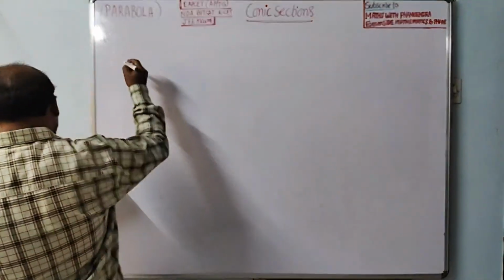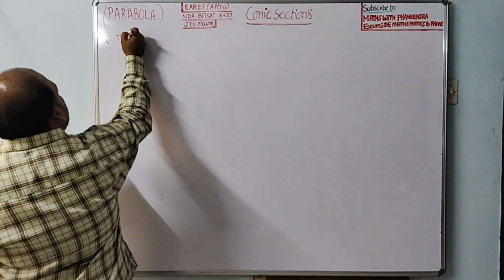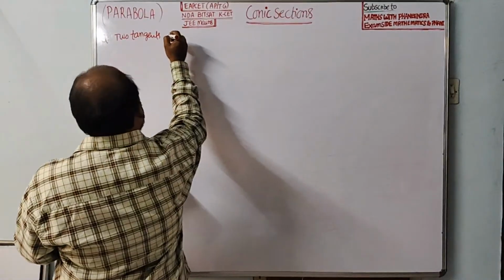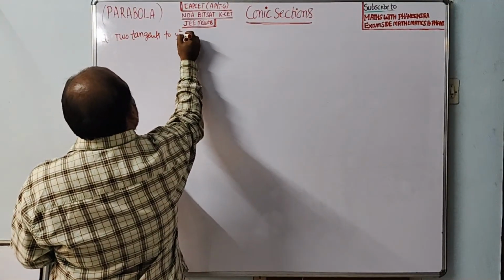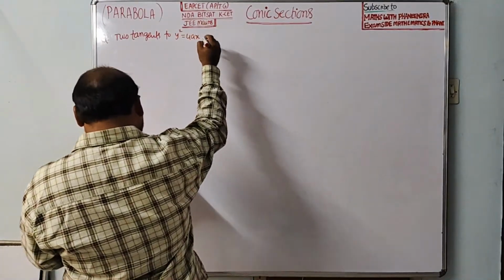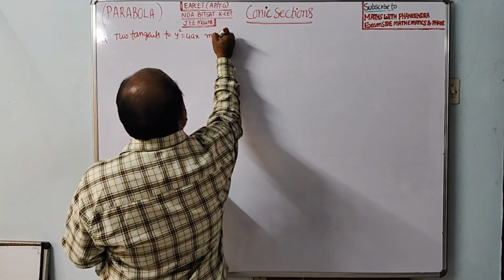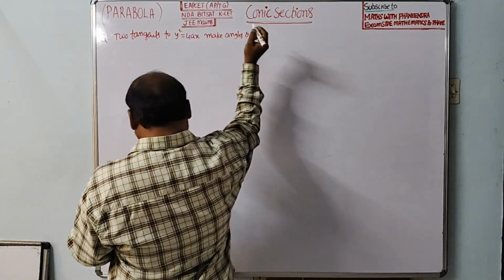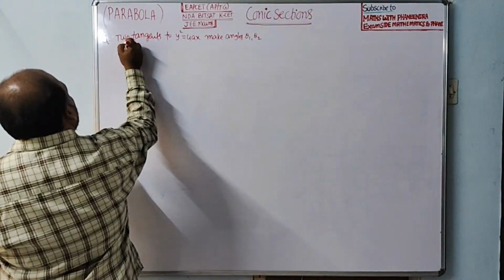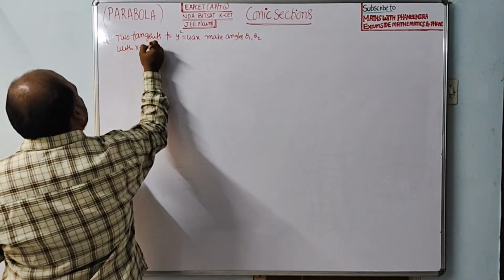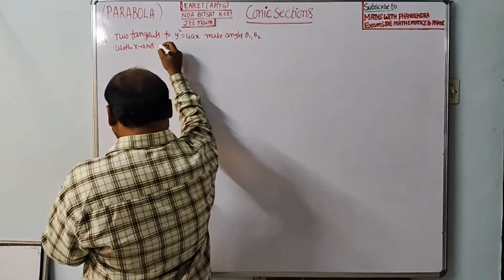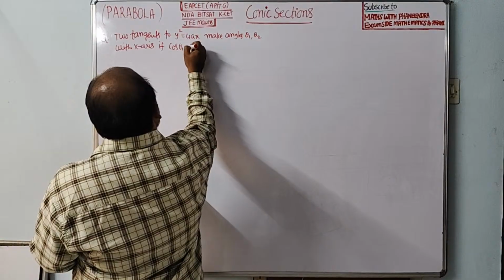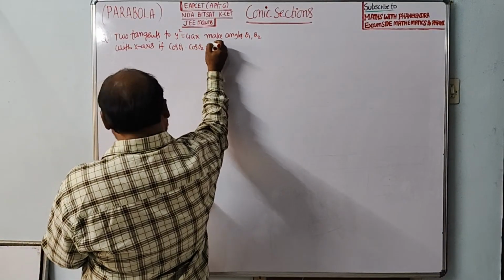It's a good question conceptually. Two tangents to y square equal to 4ax make angles theta 1 comma theta 2 with the x-axis. X-axis means axis of the parabola. If cos theta 1 into cos theta 2 is equal to k,